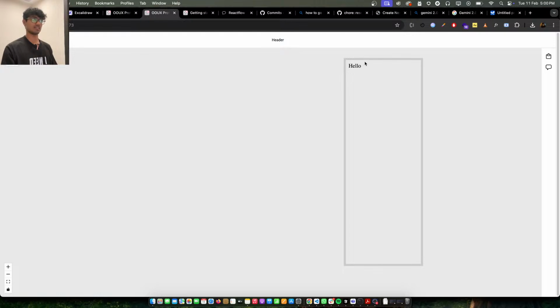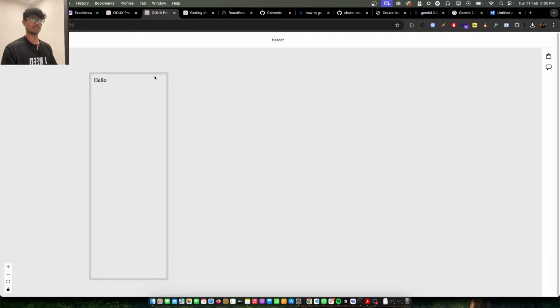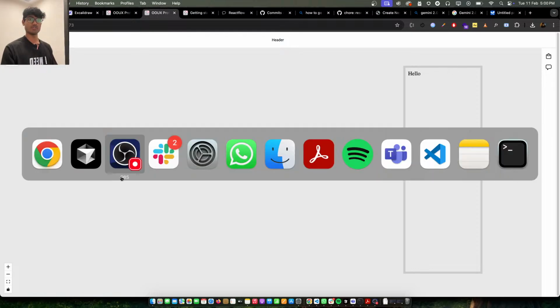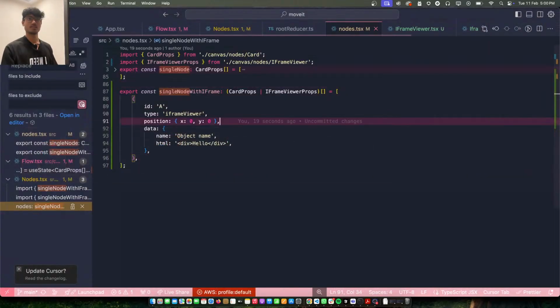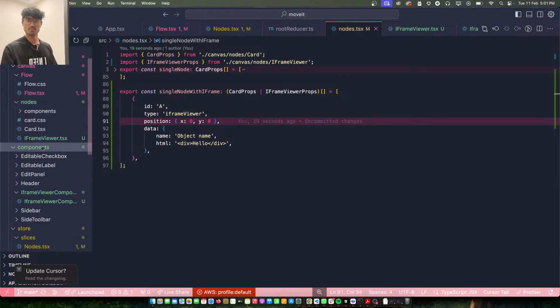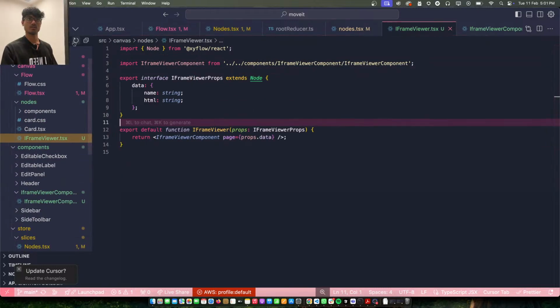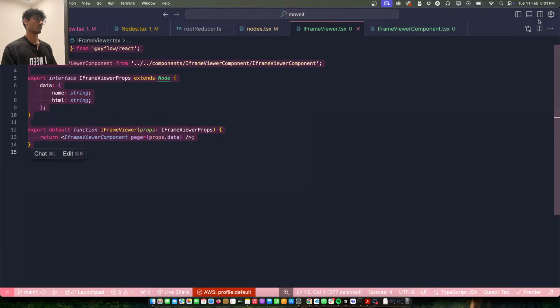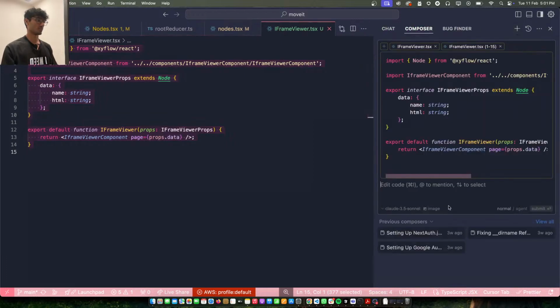Okay, that's sticky. Is it sticky? No, it's not. So I have to drag and drop. I can drag and drop. I want to add resizing to this because without that I think this would be slightly less useful, but now onwards we can make use of Cursor. I'm going to create a new composer